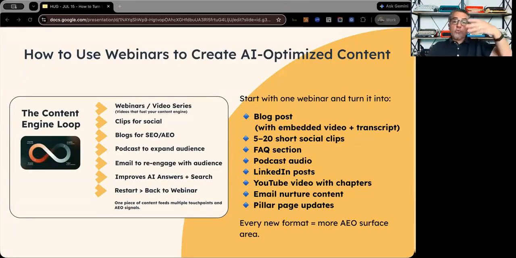Which means if you run your webinars on specific topics that are part of your marketing strategy, at the end of the day, you're fueling your webinars as part of your marketing strategy, which brings more people to engage with you, which allows you to create better content. And every time you run a webinar, you're getting better and better content. So you're running loops. Every time you run a webinar is a loop.